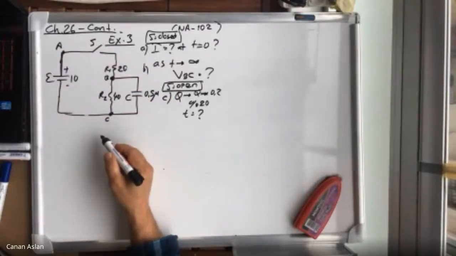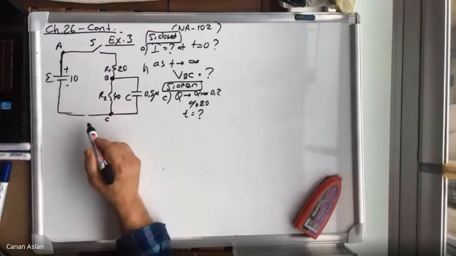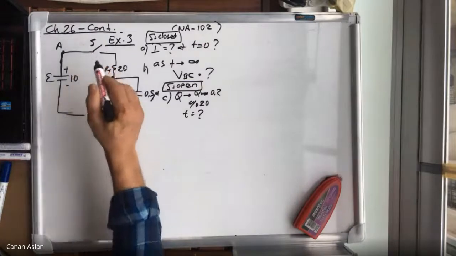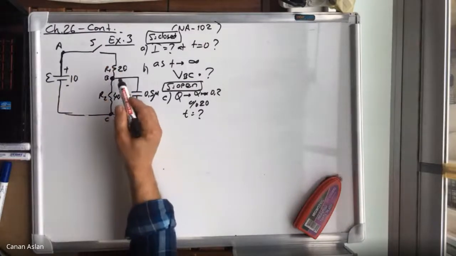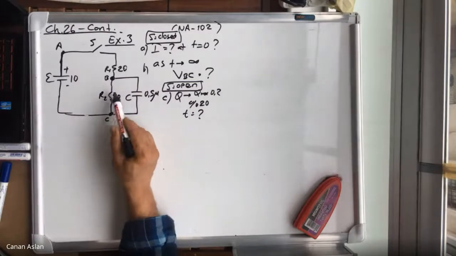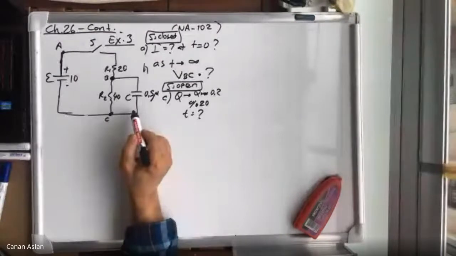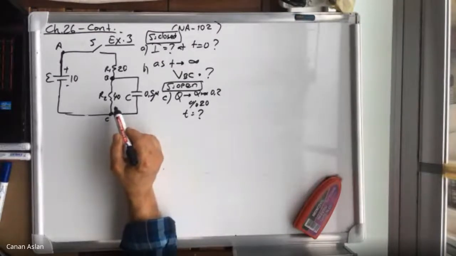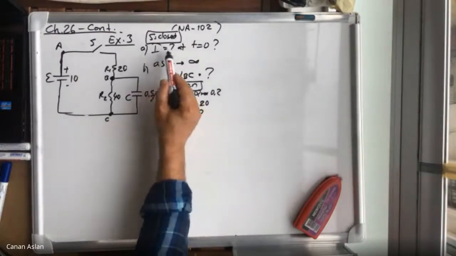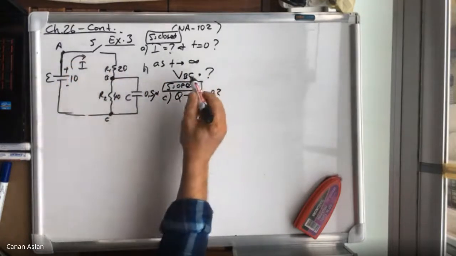Okay, in this simple circuit, we have a 10 volt DC power supply, a switch, and two resistors. One is 20 ohms, the other is 40 ohms, and to the 40 ohm resistor, a 0.5 microfarad capacitor is connected in parallel. The question asks, what is the current at t equals 0? Of course, the current will flow this way. And what is the